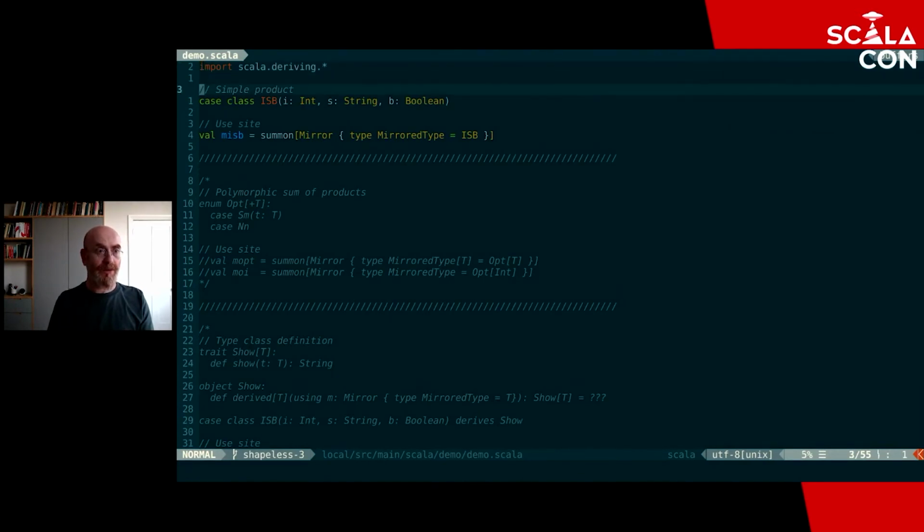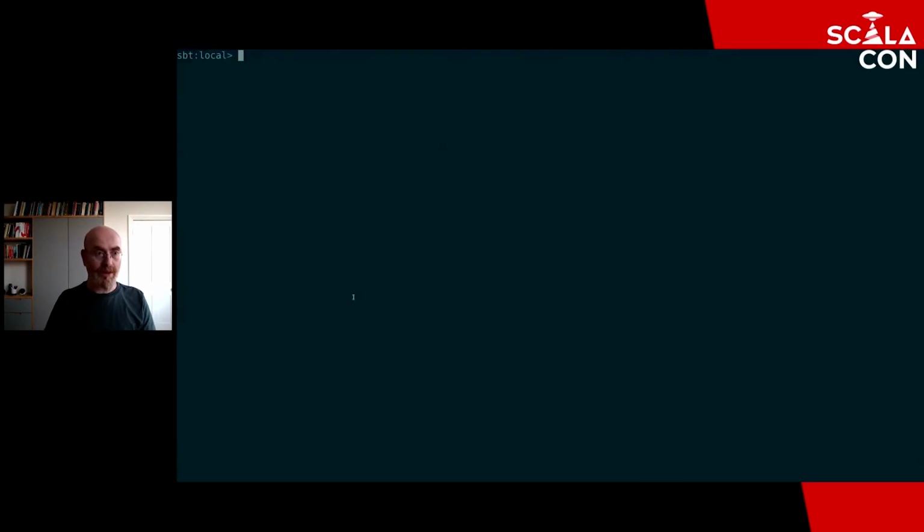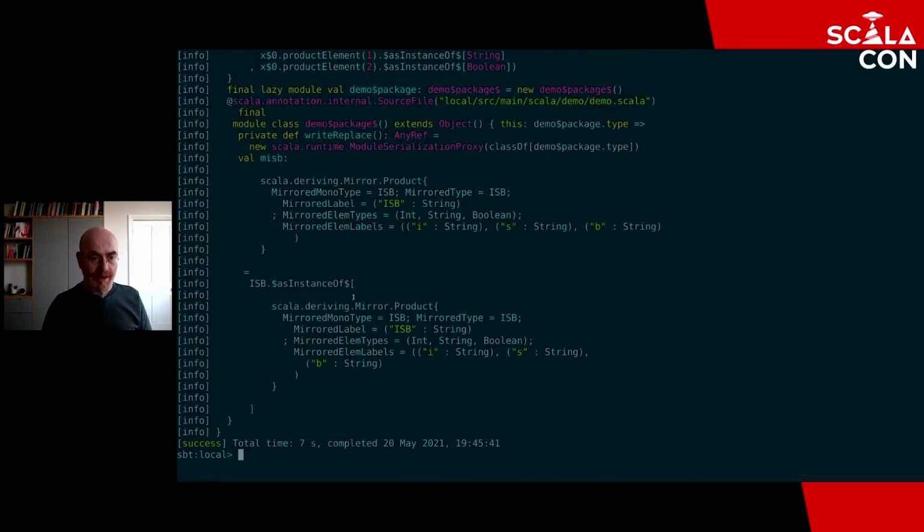Here we have our simple case class, and we're just going to summon the mirror for it. So let's quickly compile that code. I have enabled the option which will show the compiler trees that are generated after type checking and inlining, which will show us exactly the form that the mirror is. Whoops, here we go. So here is the